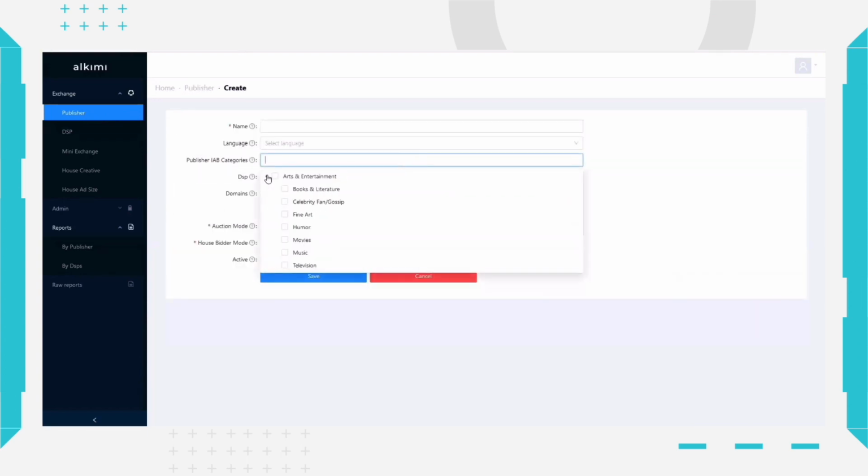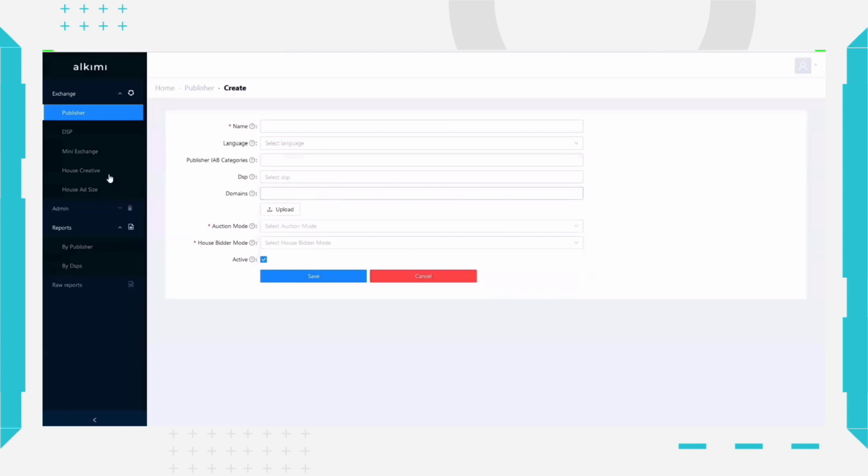This has multiple categories and subcategories as defined by OpenRTB. So we can specify, for example, arts and entertainment. We can say whether that's books and literature, celebrity, fan, gossip, fine art, humor, various other categories and subcategories as defined by